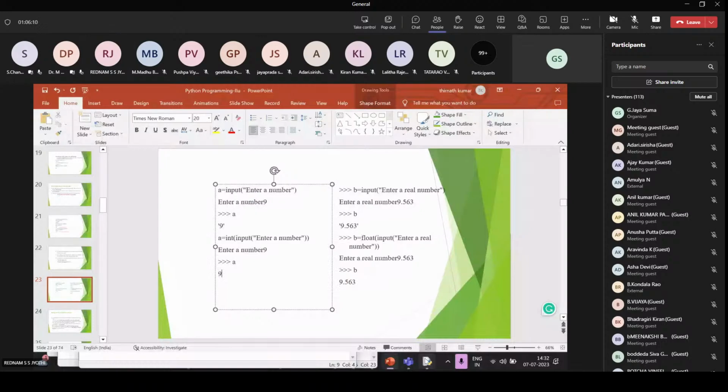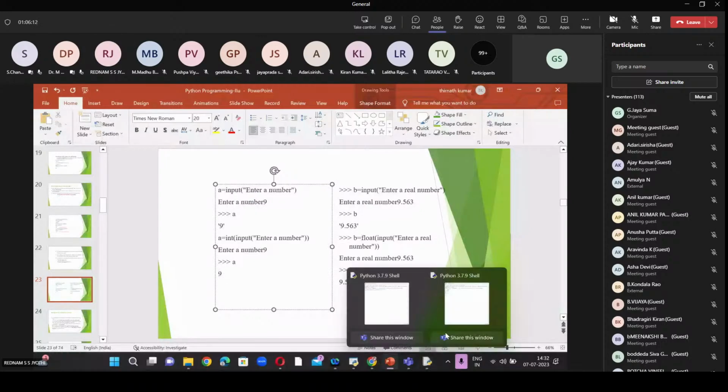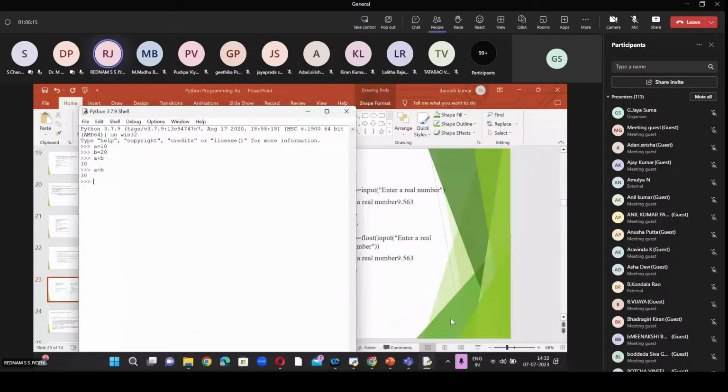Let me try something here, accepting input from the user. A equals input of enter a number. Then we get the prompt enter a number. Here I assign the value 10.